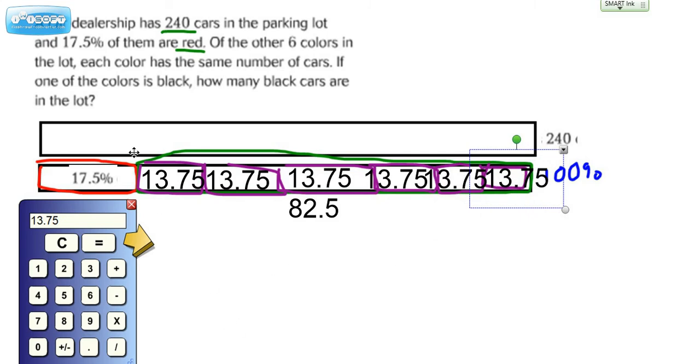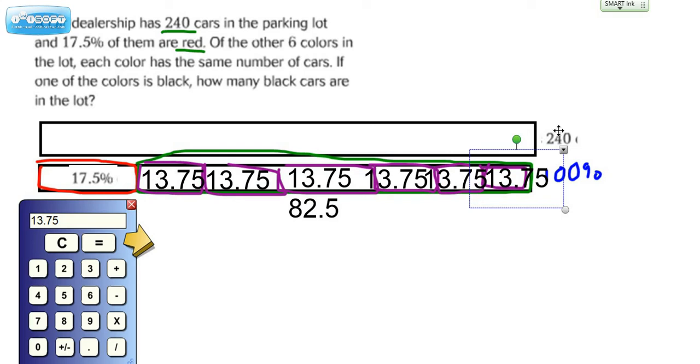All right, now we know that one of them is black, and we know that one of them might be green, blue. Really, it doesn't matter because we're just interested in one of these chunks. So they want to know how many black cars there are in the lot. This happens to be a percent right now. If we're trying to figure out the actual quantity of cars that are that color,